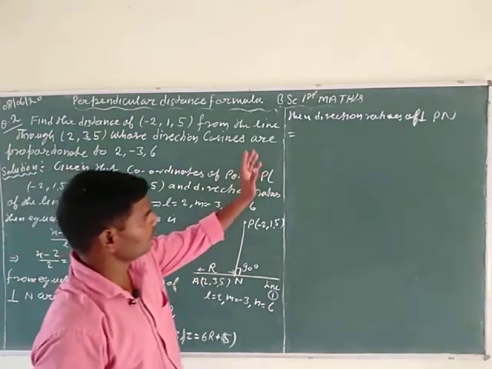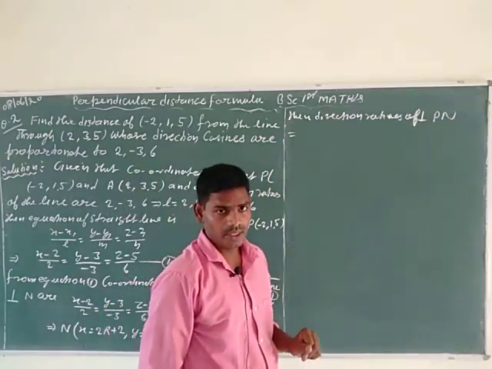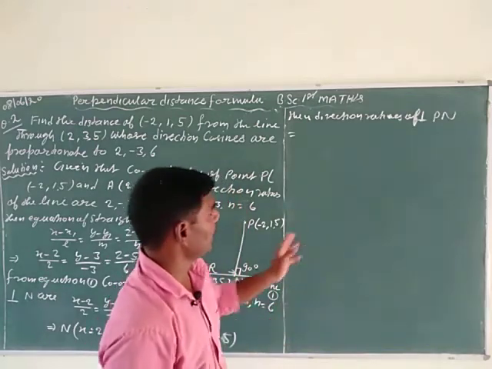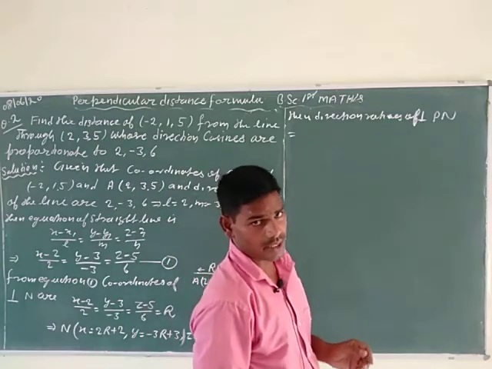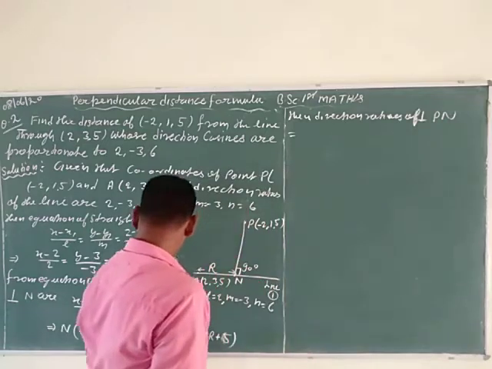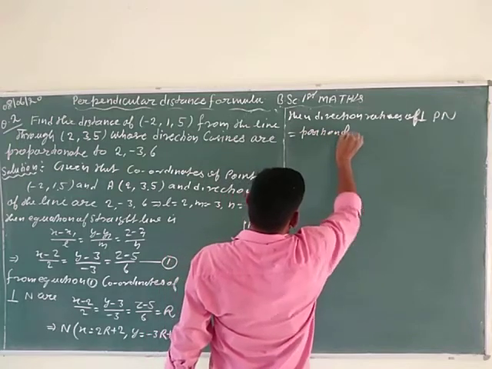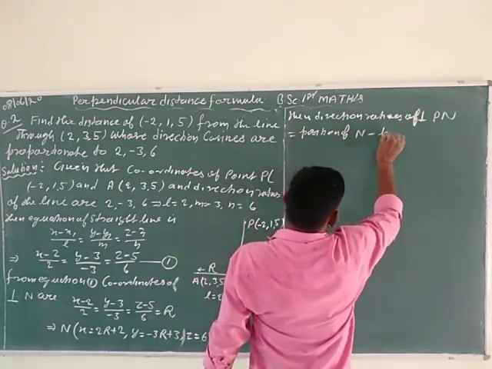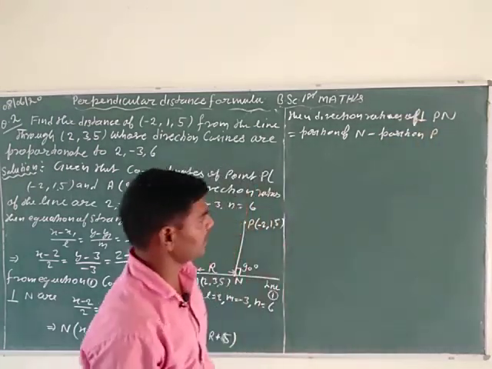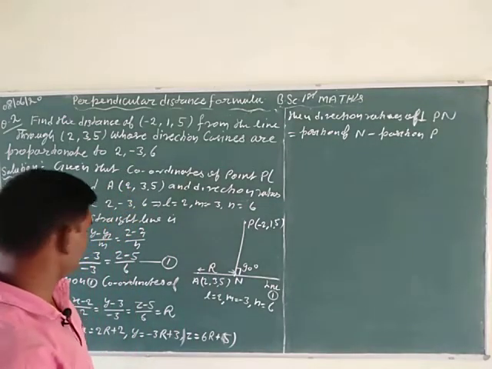Therefore, for calculating the direction ratios of the perpendicular line PN, P is taken as the first point, meaning all coordinates of P are denoted by first subscript, and N is taken as the second point, meaning all coordinates of N are taken as second subscript. So here write x2 minus x1: the position of capital N minus the position of capital P. Position means the coordinates of points capital N and capital P. Here we put in the corresponding coordinates of capital N and capital P.